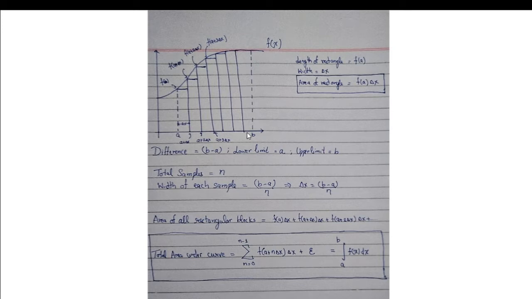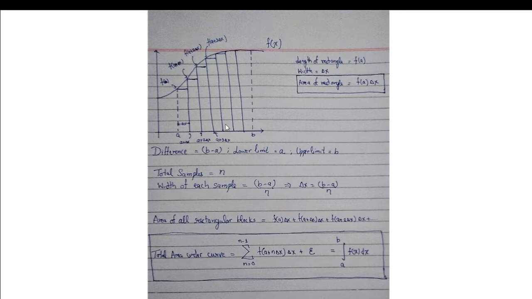We will be discussing that thing only. Here B is called the upper limit and A is called the lower limit. So these are the limits of integration, that is, we have to calculate the area from A to B. And how do we denote that? We denote it like this in calculus, from A to B, integration of f of x dx.